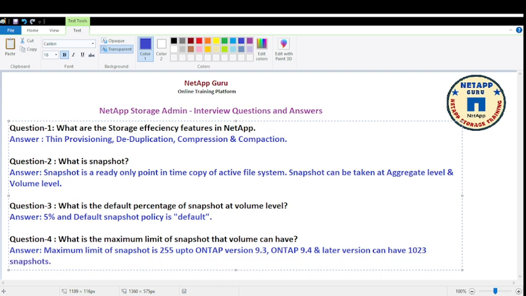Okay, this is the limit. If the interviewer asks what is the maximum limit that a volume can have, you can tell that 255 was only supported till 9.3, and from 9.4 and later versions support 1023 snapshots, meaning that you can retain 1023 snapshots in one volume. All right,